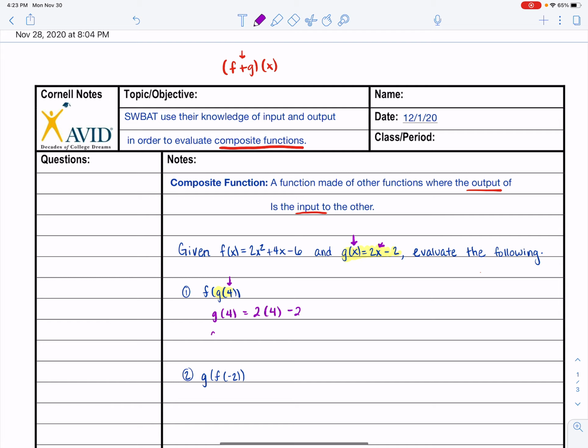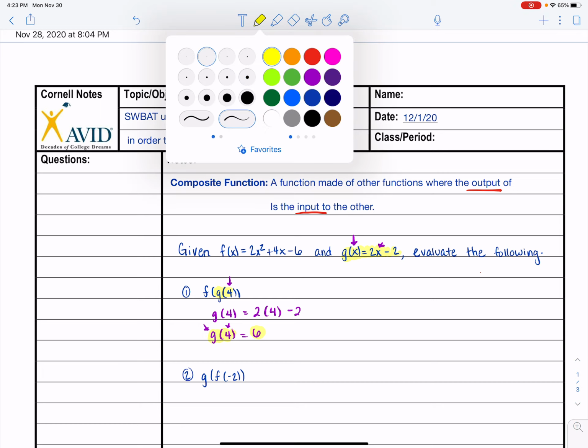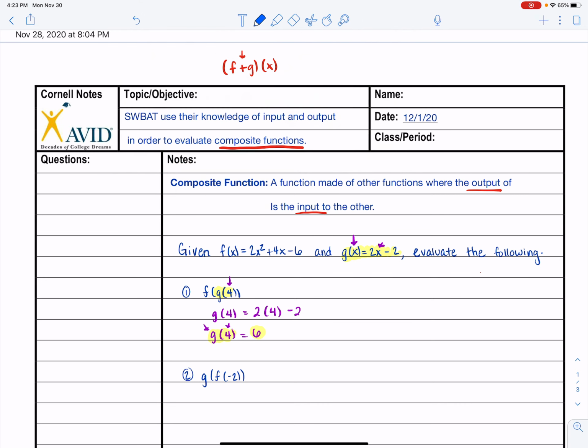Okay, now simplify. So g of 4, so my function g, when I use the input of 4, is equal to 2 times 4 is 8, and 8 minus 2 is 6. So g of 4 equals 6. Okay, if g of 4 equals 6, then we're going to take that answer, now that we know what it is, and we are going to put that inside of f. So if I want to find f of g of 4,